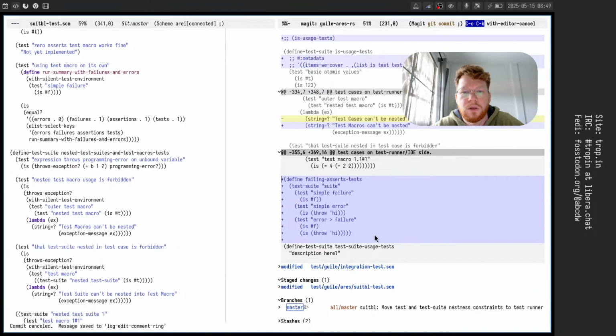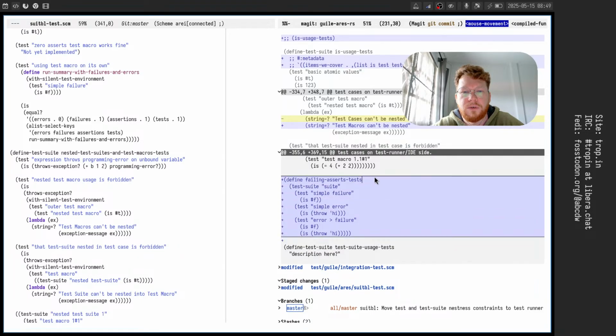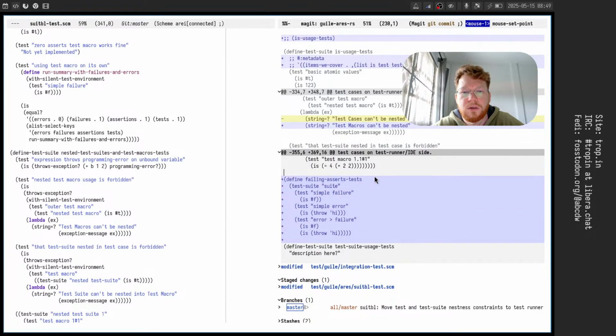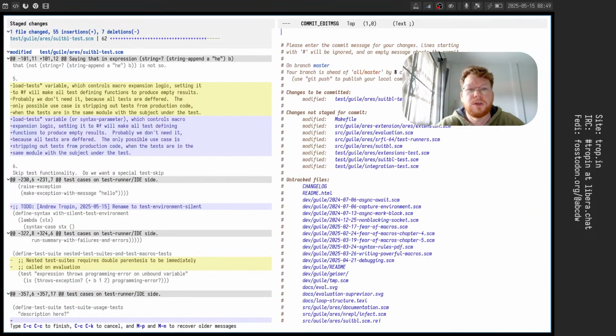Oh, I have a failing asserts test, and I didn't edit anywhere yet. Okay, like suitbl cleanup comments. Cleanup comments and